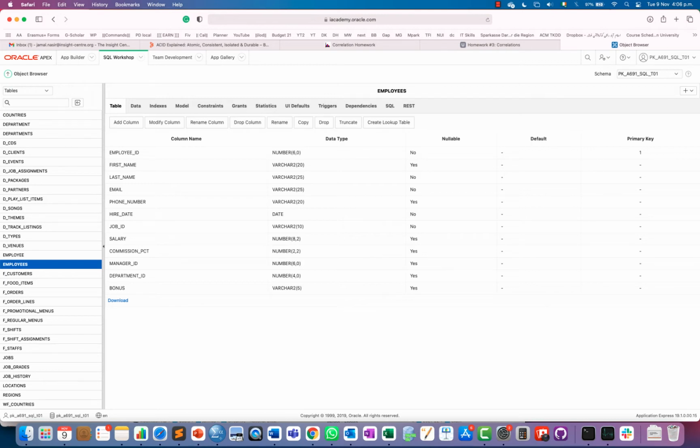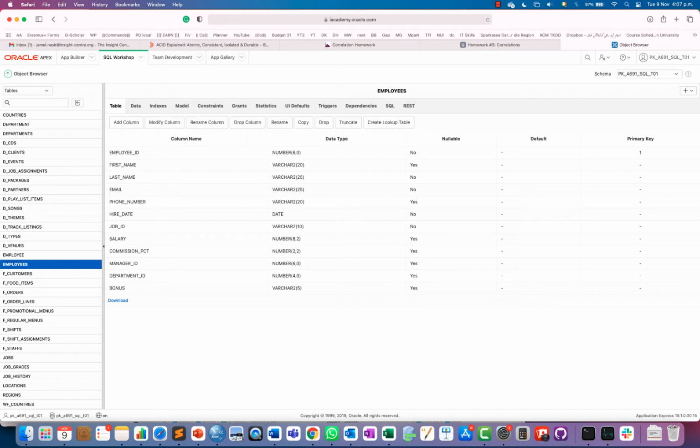For example, find the total number of employees who are working in the HR department. It means you have to write a very basic SQL join query with the employees table and department table on the basis of department ID, and provide a where clause that department name equals HR or human resource, right?